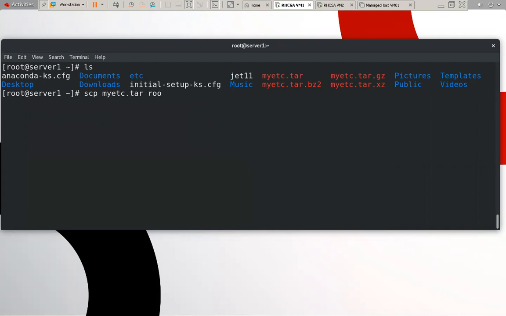The other machine's username is root. So give the username, and after that the machine name or the IP address. So what is the IP? 192.168.10.200. So this is your command, this is your source, this is your destination. In this destination, you want to transfer this particular file. So you can use the scp command. Do you have any doubt in this command? No. Okay.